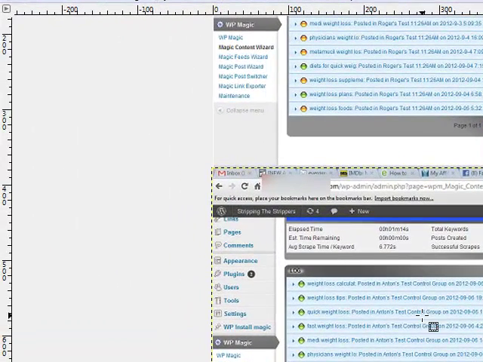And you can see I called this the Anton's Test Control Group because this is a site and a host that I know WordPress Magic works on. So what it boils down to is the fact that Hostmonster is not going to be your host of choice for WordPress Magic. I think we visited this issue a couple of years ago, but